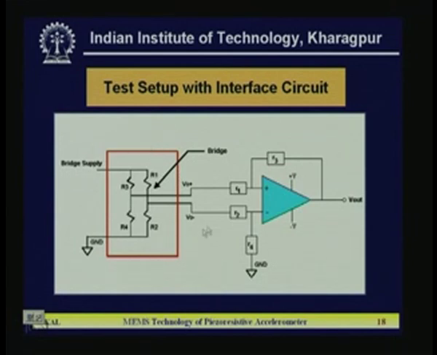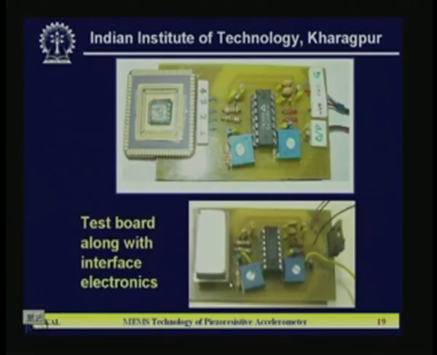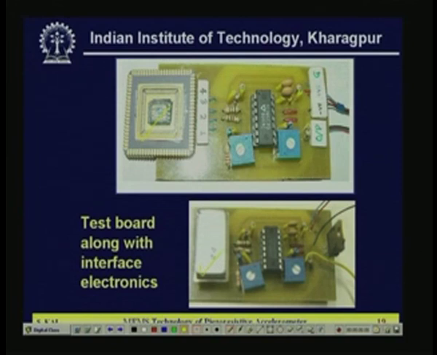The Wheatstone bridge is shown here, R1, R2, R3, R4, these are basically the bridge resistances, and it is connected with the amplifier and the offset null circuit, all has been connected, and that is shown in this diagram, the test board along with the interface electronics. So, this is the package, both the packages are shown, one package is here and another package is here. Now you can see the TC7652, that is the chopper stabilized amplifier, and 2 trim pots are connected in the board, and that is basically for